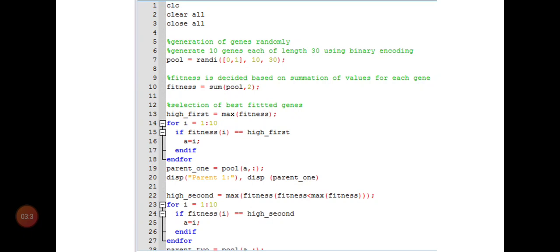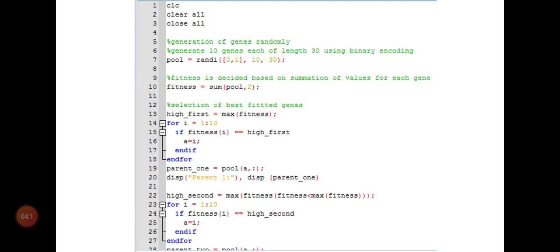As there is no other integer value between 0 and 1, the result will be only 0 and 1. If it was 0 and 10, it would randomly generate any integer values between 0 and 10. But here it is only 0 and 1. Then 10 denotes that there will be 10 rows, and 30 means there will be 30 columns. So each row depicts each gene structure, right? And each gene has 30 bits in length. Clear?